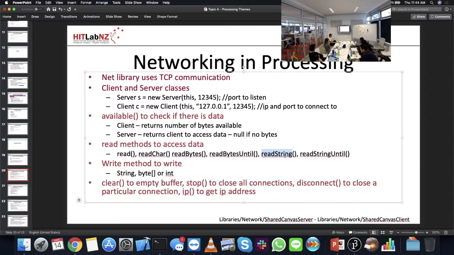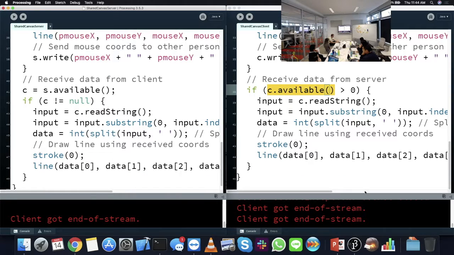So we've looked at read string. There is actually a bunch of other methods we could use. So there's read, which will read a single byte. Char, which will read a single character. Bytes, which I think takes an argument with how many bytes you'd like to read. Read bytes until, where you can say keep reading until you find this byte, read string, or read string until. So what we could have done here is use read string until, and is it a character? Yeah, read string until will keep on reading until it hits that new line there,